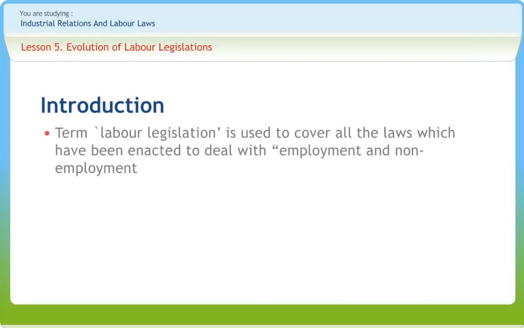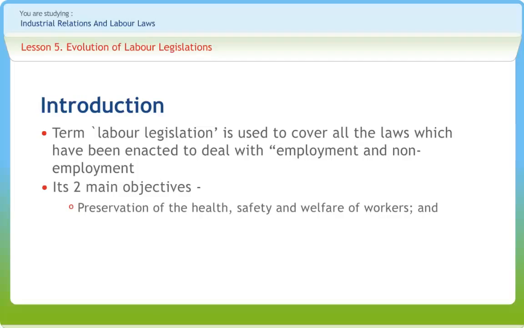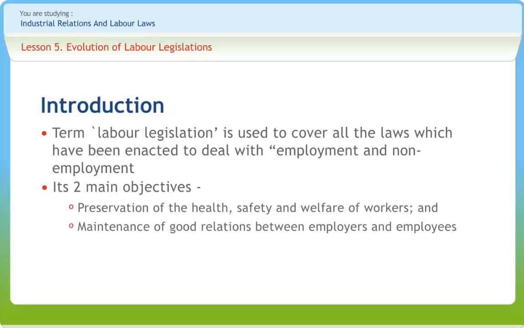So firstly, we will understand what is labor legislation. The term labor legislation is used to cover all the laws which have been enacted to deal with employment and non-employment wages, working conditions, industrial relations, social security, and welfare of persons employed in industries. The objectives of labor legislations are twofold: preservation of the health, safety, and welfare of workers, and maintenance of good relations